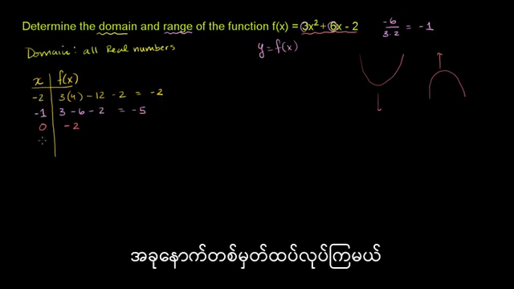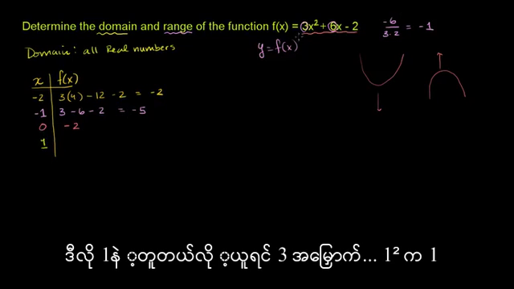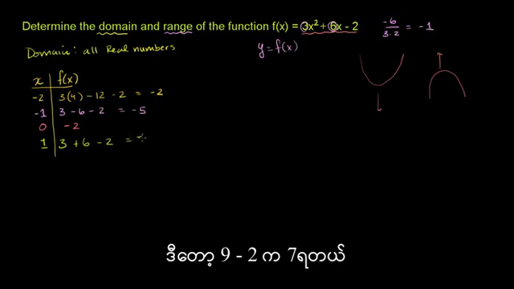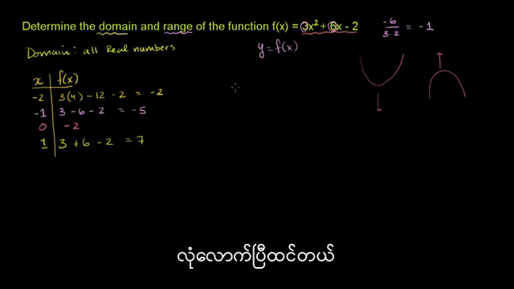We could try, let's do one more point over here. So we could try x is equal to 1. When x is equal to 1, you have 3 times 1 squared, which is 1. So 3 times 1 plus 6 times 1, which is just 6, minus 2. So this is 9 minus 2, it's equal to 7. And that, I think, is enough points to give us a scaffold of what this graph will look like,